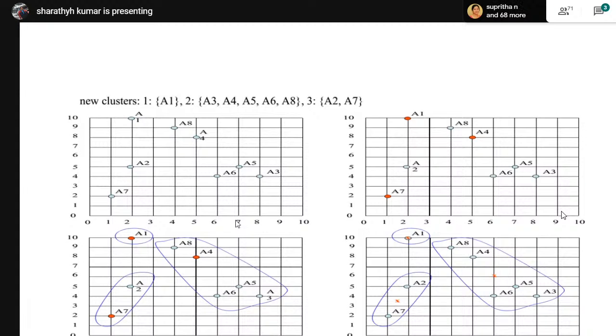Now see this. This is the plot I made for the samples. So this is the sample, that is A2. You can see A1, A2, A7 and A5. So this is one group, this is one group, this is one. Total 3, so 3 centroids I will choose, so 3 groups. So A2, A7, A1, this is the central point, this is the centroid we chose. The centroid can be chosen as whatever. Okay, so this is the grouping that can be done for a given